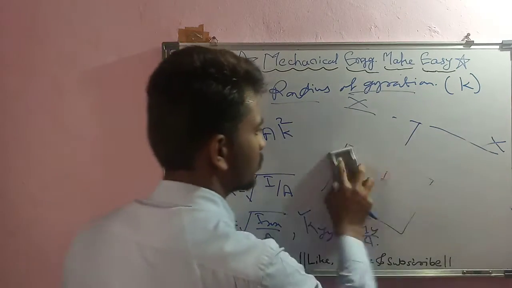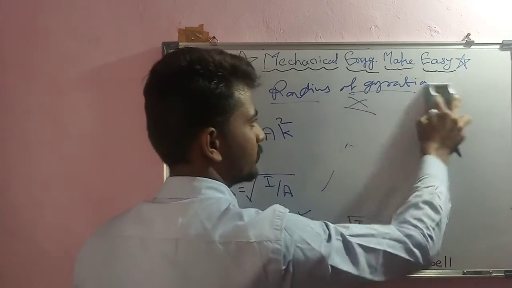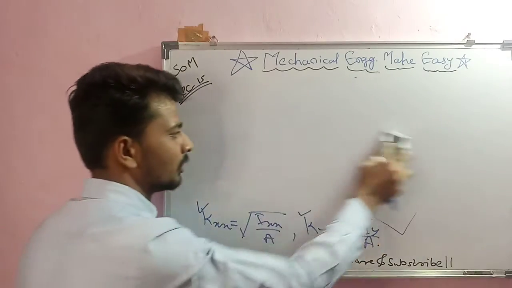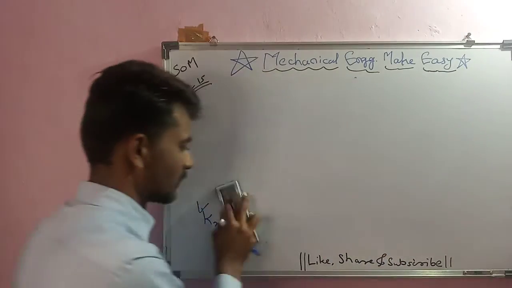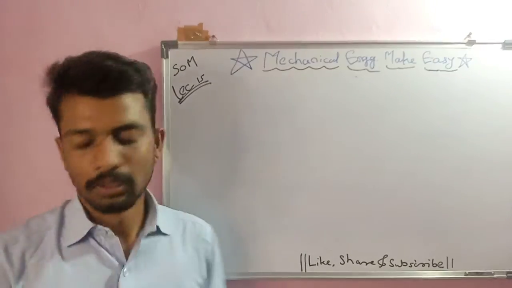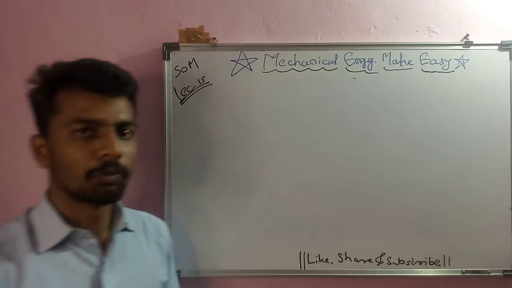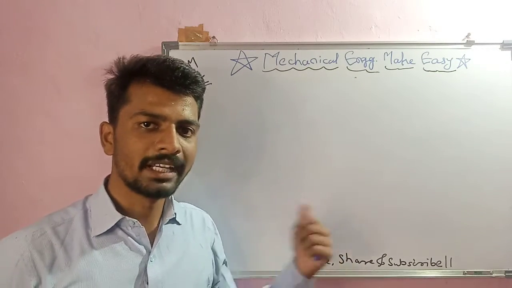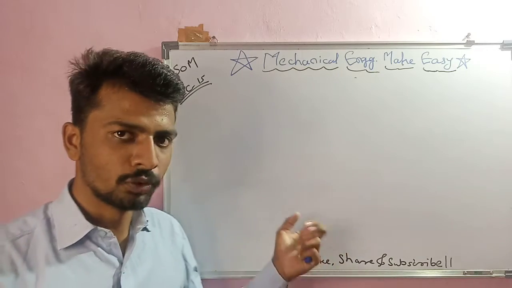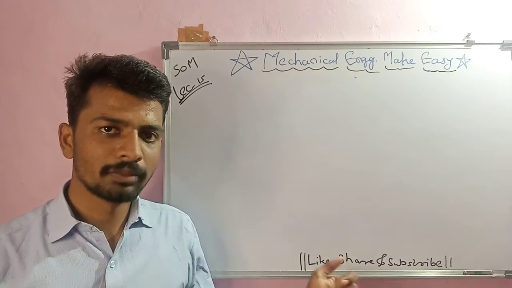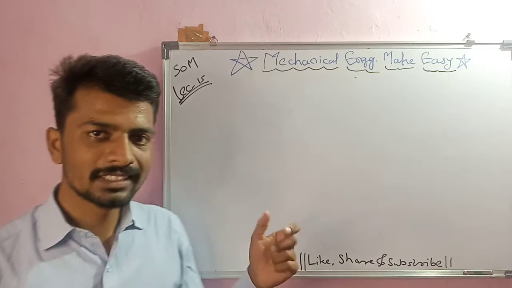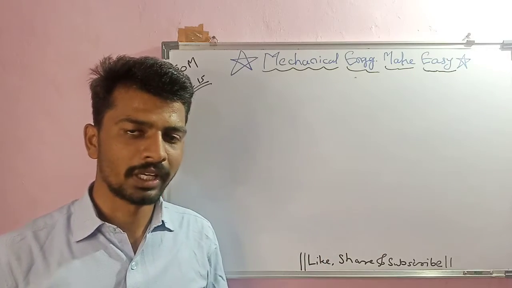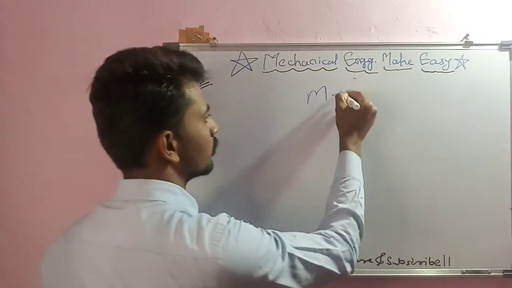Then the next concept is moment of resistance. This is also a very important concept. What exactly is moment of resistance? We have studied previously that because of the application of forces on a body, the body tends to bend. Why does that body tend to bend? Because of the external forces, a bending moment is established in the body, and because of that bending moment, the body tends to bend. So to resist that bending moment, the body itself will develop one resistance moment, which is called the moment of resistance.